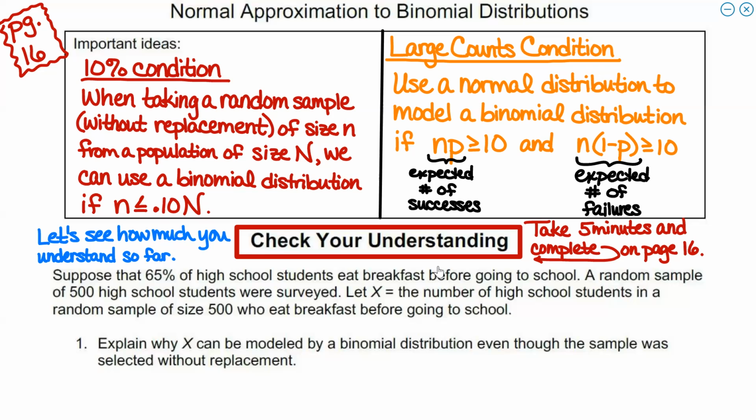Tell me what you get. Square root of n times p times 1 minus p comes out to be about